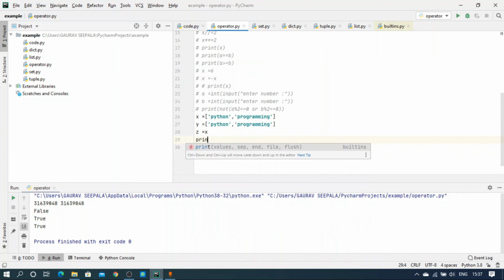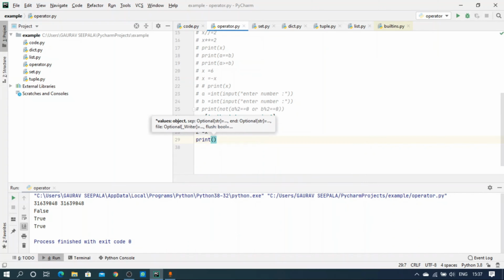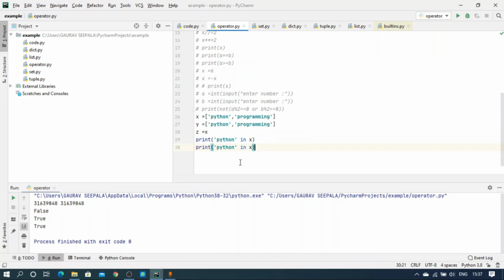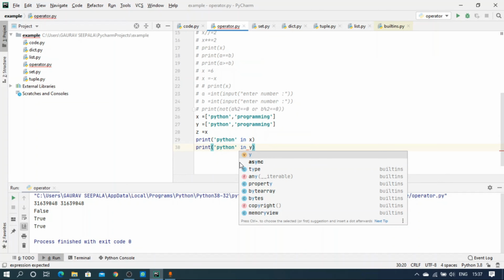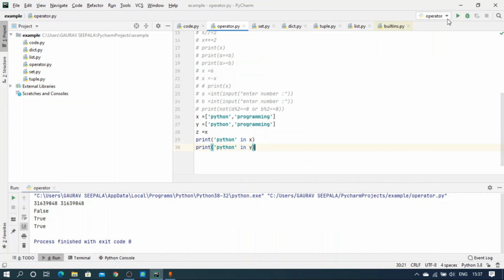So let's print Python in X. So just copy this. Y. So let's run this. Here we can see we got both true.